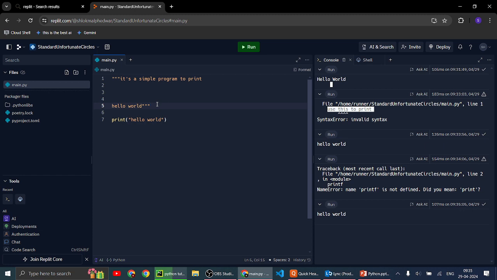Okay, so I think this fundamental concept has been cleared: printing, Hello World, and comments.